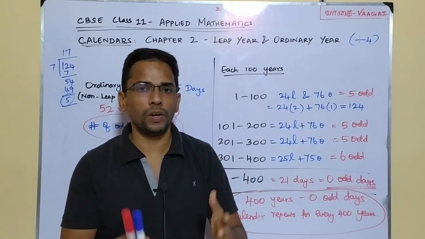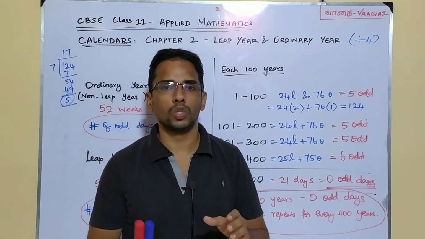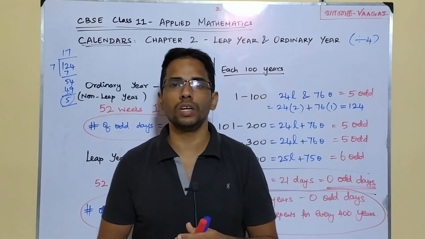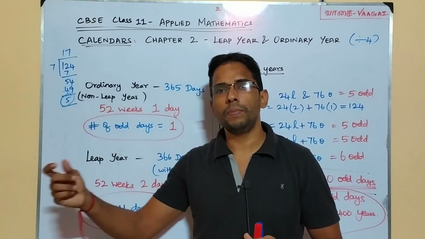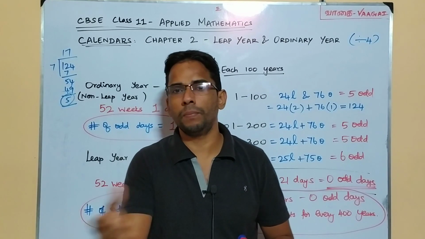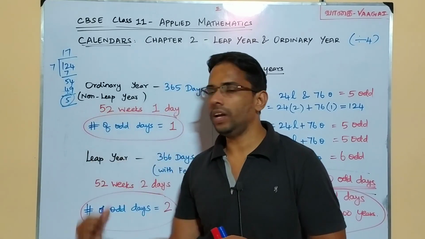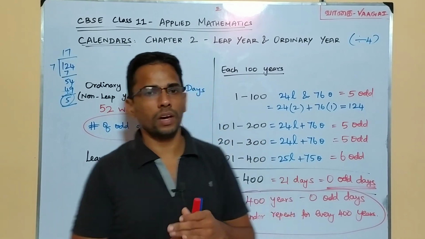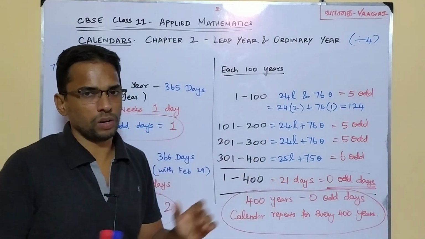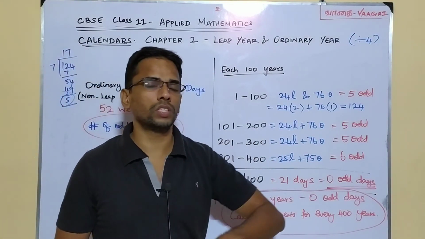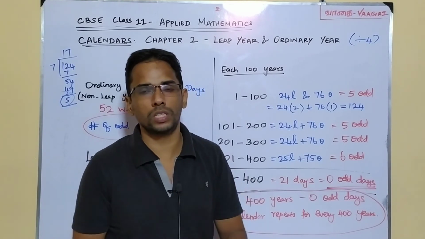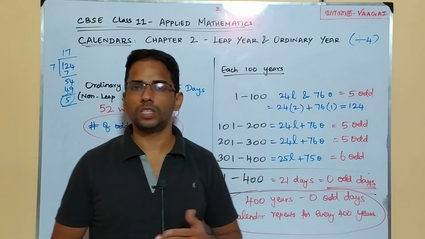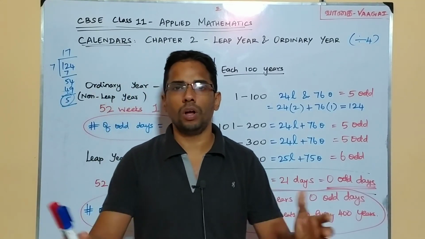So that's what I planned to give here in this chapter, okay? So in this chapter 2, we had quite a long discussion. We saw many points here. We started with leap year and ordinary year, how to identify a leap year and ordinary year, and next we tried to calculate the number of odd days for leap year, ordinary year, and for each century. These are very strong things you have to remember, because using these we are going to solve problems in the upcoming chapters, okay? Yes, kindly revise all these things well.